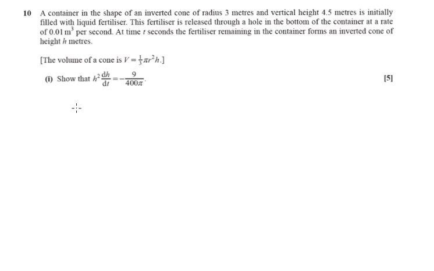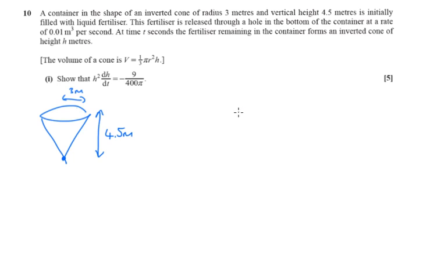Okay, question 10 is a pretty difficult question. We've got this inverted cone that has a radius of 3 meters and a vertical height of 4.5 meters. And it's filled with fertilizer, which is released through the bottom at a constant rate of 0.01 meter cubed per